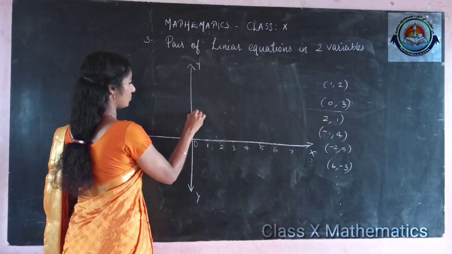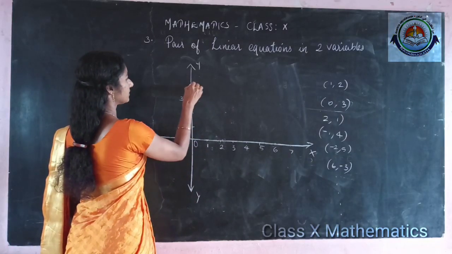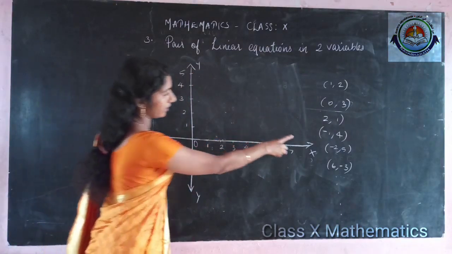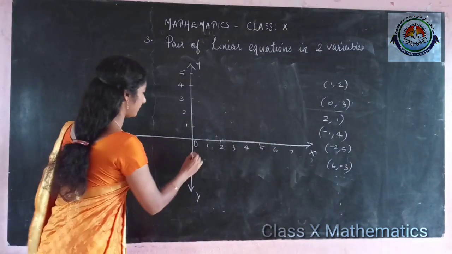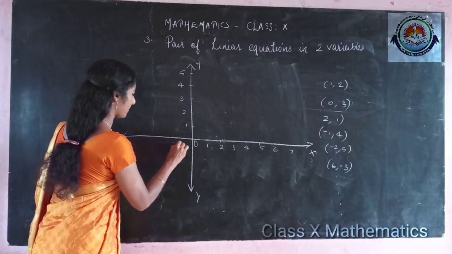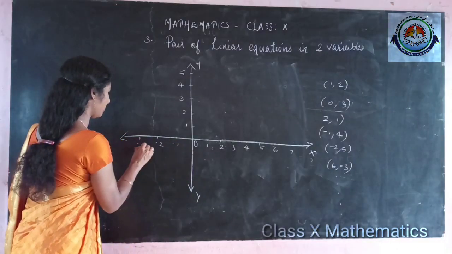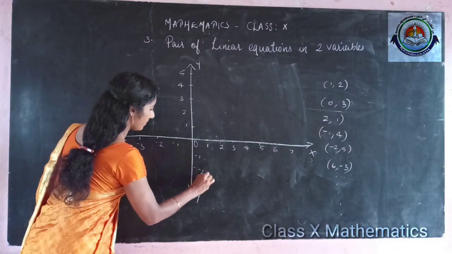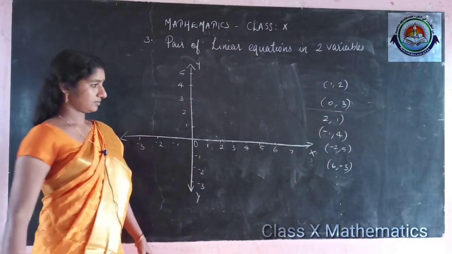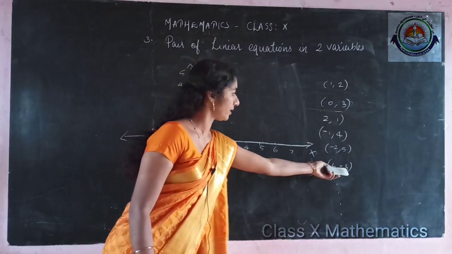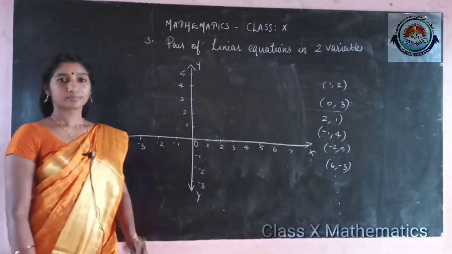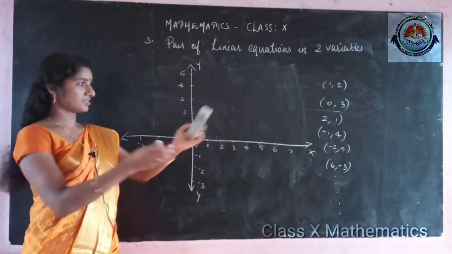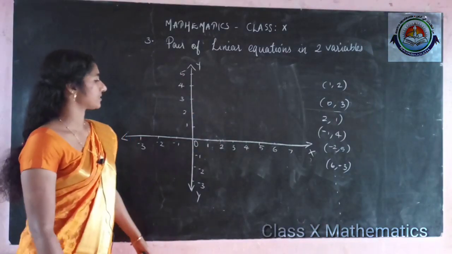And here it comes 1, 2, 3, 4, 5, etc. And we need minus 1, minus 2 also, we marked here x values. Minus 1, minus 2, minus 3. Y values up to minus 3 we marked. I took the maximum up to minus 3, that's why I marked here. If we write some more numbers, it means extend this line, because it's going infinitely on both sides.